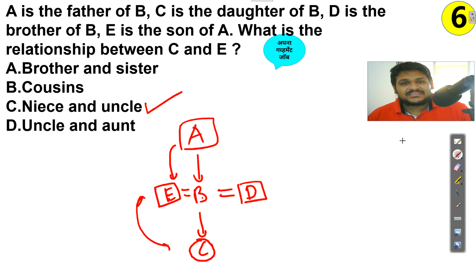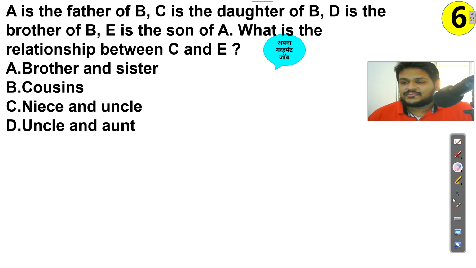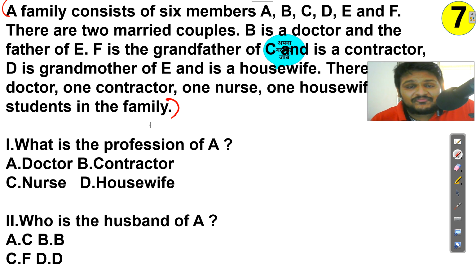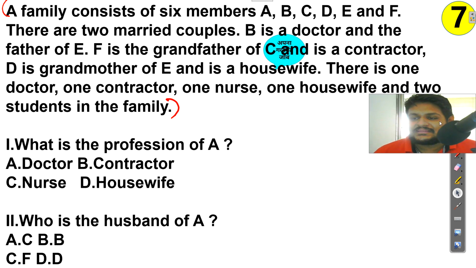So this is basically the first type. Few types are there which we will see, obviously. Now see, like this also you can get the question. They will give you a little big paragraph. So first you need to read the paragraph very carefully, then you need to make the diagram, and from the diagram you can answer each and everything. I guess you can do this question by yourself, or I will solve this.